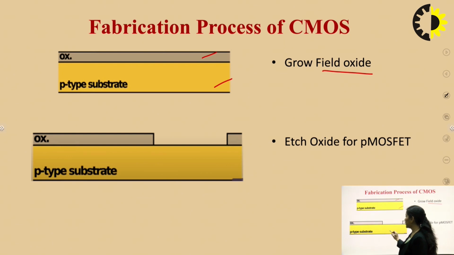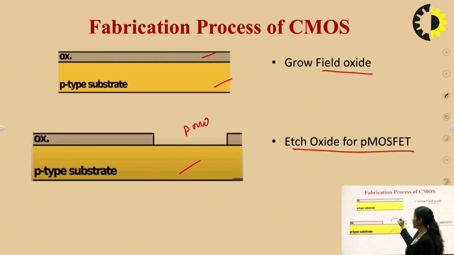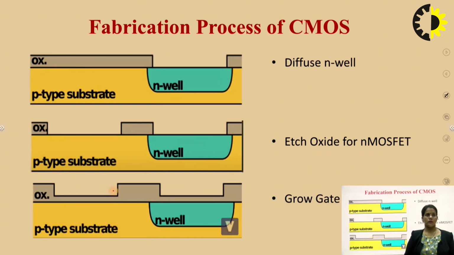Now again patterning the substrate to create one of the wells into the surface. So the oxide is etched for the PMOSFET. So first of all, we are creating a window for PMOS. We all know that CMOS is the combination of NMOS and PMOS. So this window has been created for developing PMOS. For creating a PMOS device, we have to create a P channel, and the well we have to create should be an N well. So now the N type doping is done. So diffuse the N well over here.